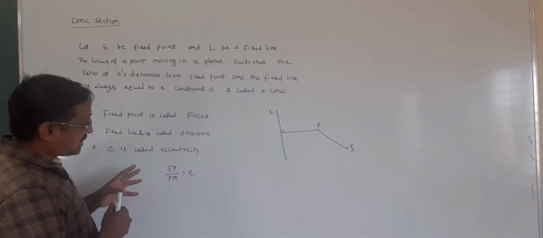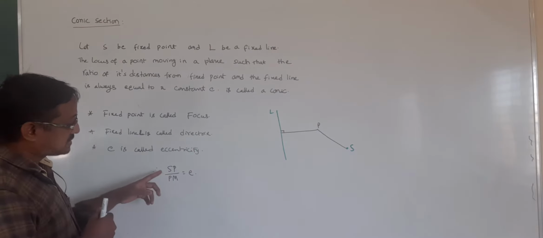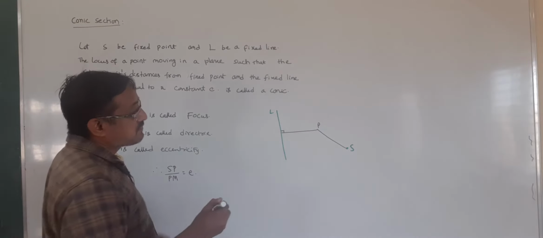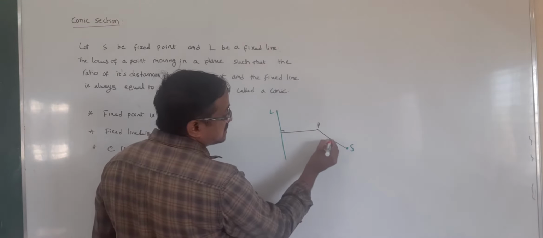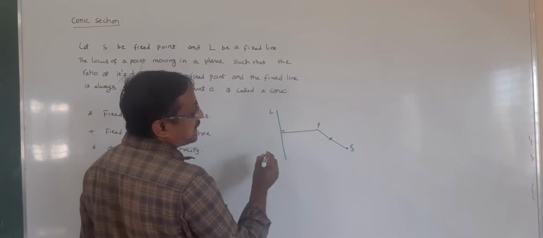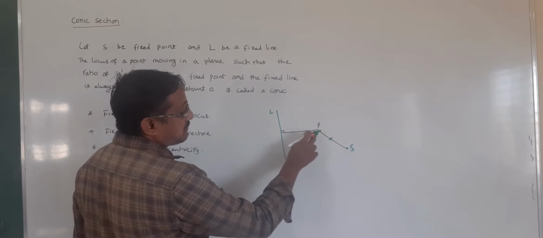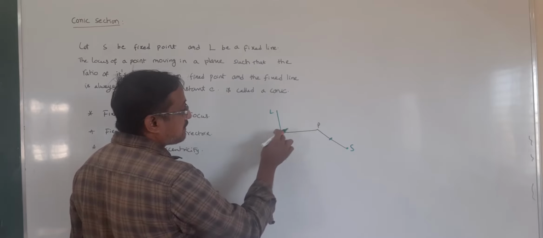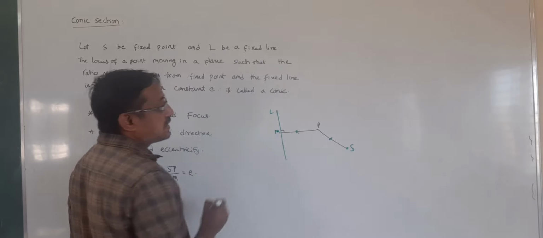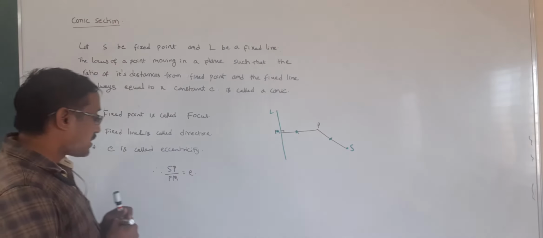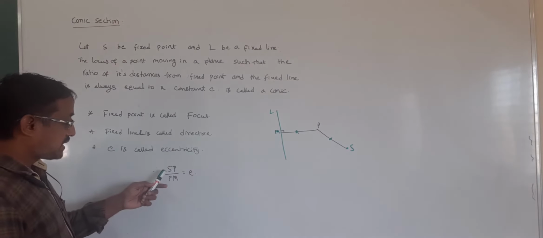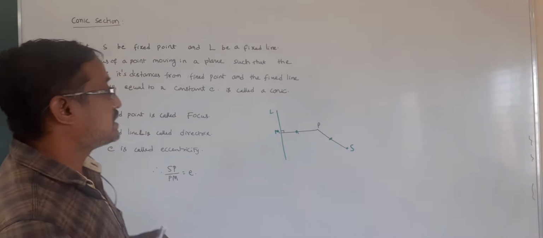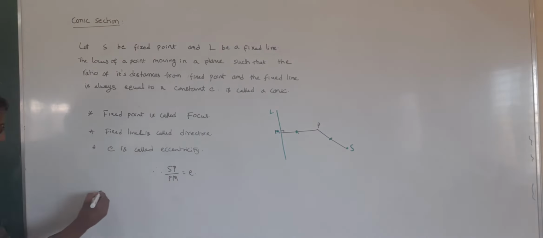Now the standard definition of the conic section is SP by PM is equal to E, where SP is the distance between the focus and the point, and PM is the distance between the point and the directrix. So a conic is represented geometrically like this: SP by PM is equal to E. Another important thing,